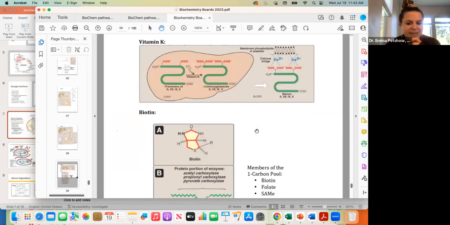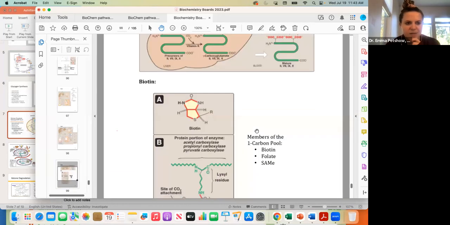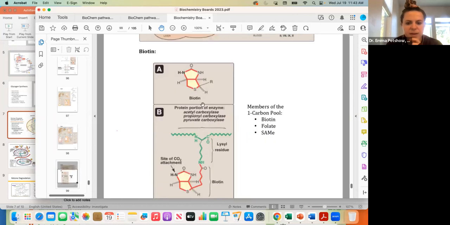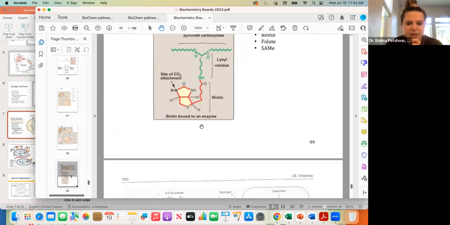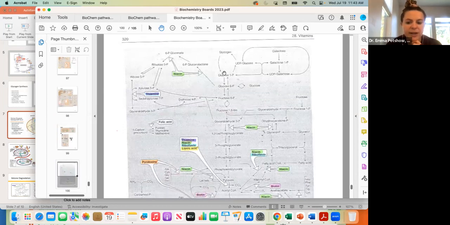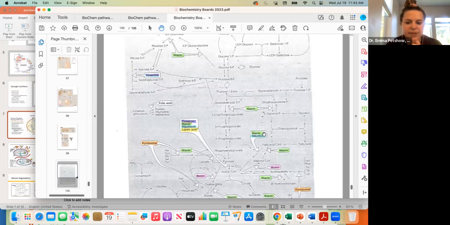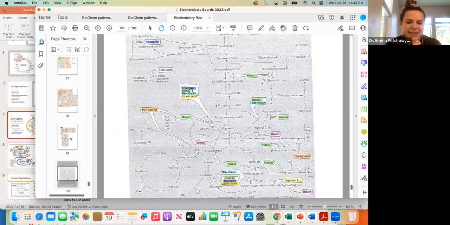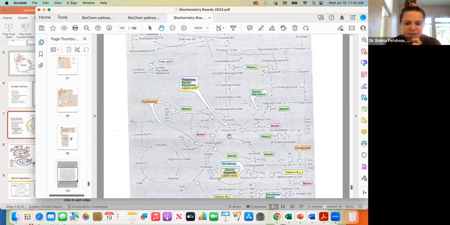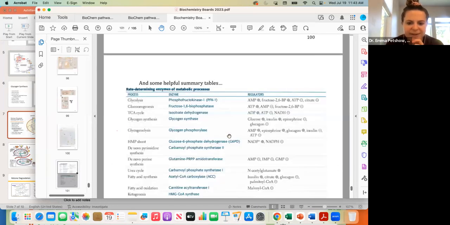Vitamin K more in your clotting cascade. We're going to look at that, I believe, when we talk about clotting pathologies. Biotin, I don't think that's as high yield. And then this page here kind of takes you through what our carbohydrate metabolism discussion was and puts in different vitamin cofactors in places. You can see our 3 vitamins here with our pyruvate for pyruvate dehydrogenase. Do I think this is high yield at this point? I don't know. You're close to your test date. I wouldn't worry about it.